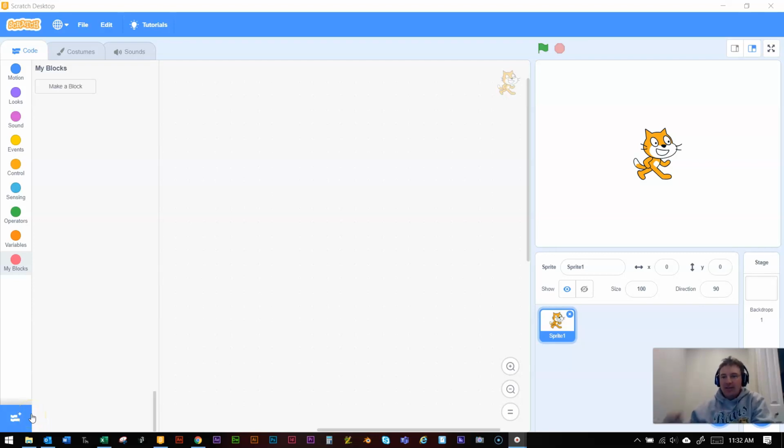Hi folks, today I just wanted to talk to you a little bit about functions and why we use them and how those functions work in Scratch. A function is basically a mini program inside your bigger program that allows you to repeat things that you've previously